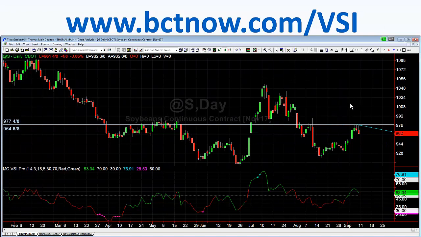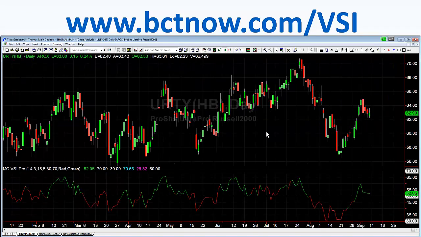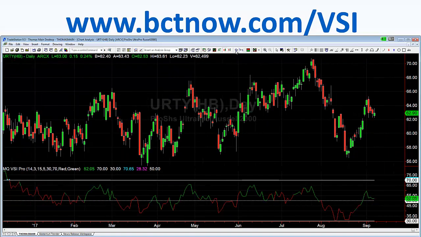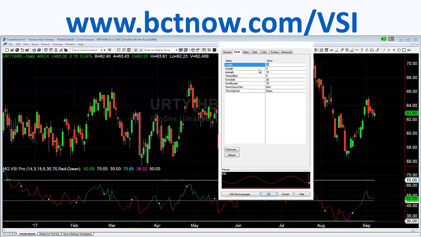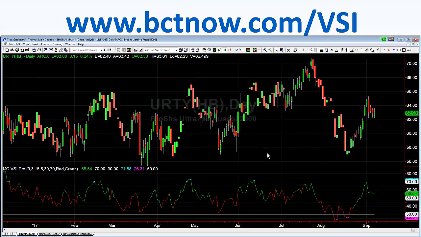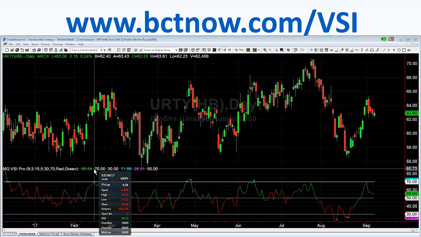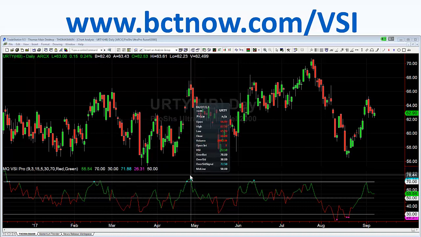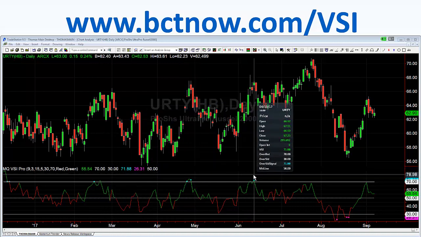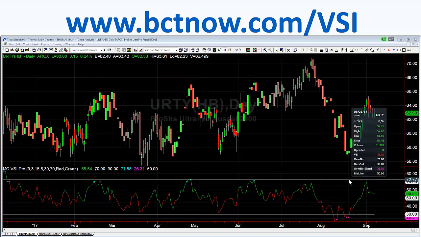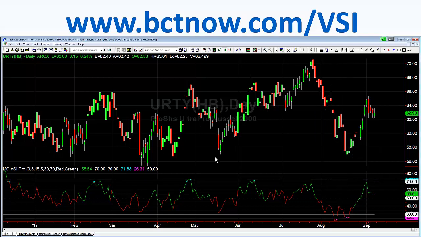Can we look at URTY? There you go. Hasn't done much. So if you see a market it's not fluctuating enough, it's not getting extended, it's just in consolidation basically, but you still want to use it. You change your length to a shorter length, and I'm just guessing. There you go. Use a 9 length, and that looks beautiful now. I mean, perfect. Volume reversal there, volume reversals here, volume reversal here, and then same thing plus a divergence there. That worked excellent.